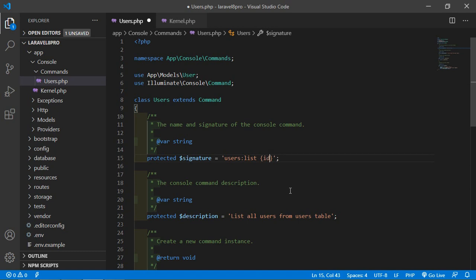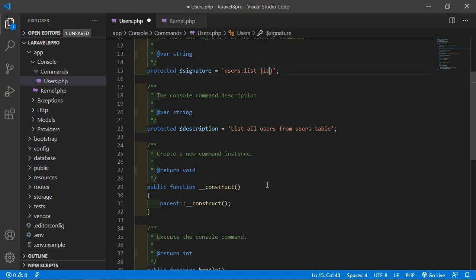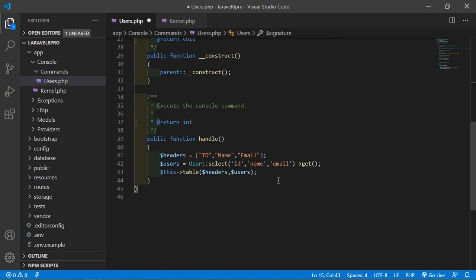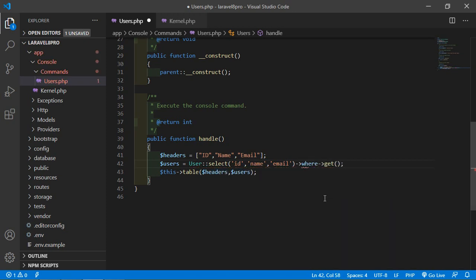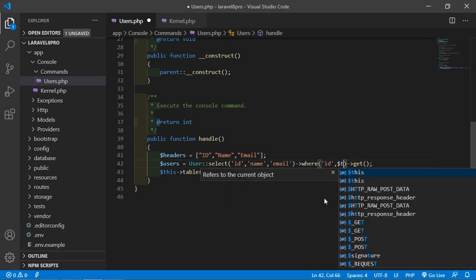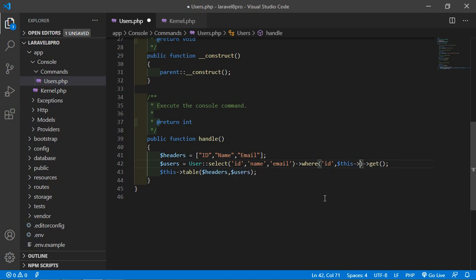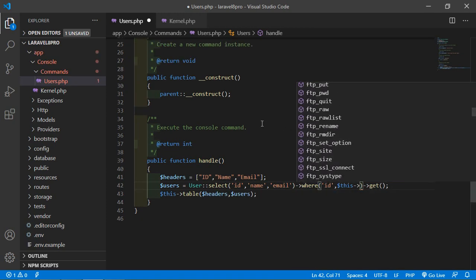Okay, now let's use this argument. Inside the handle function I am going to use the argument with a where clause. So write where and column name id, and then $this.